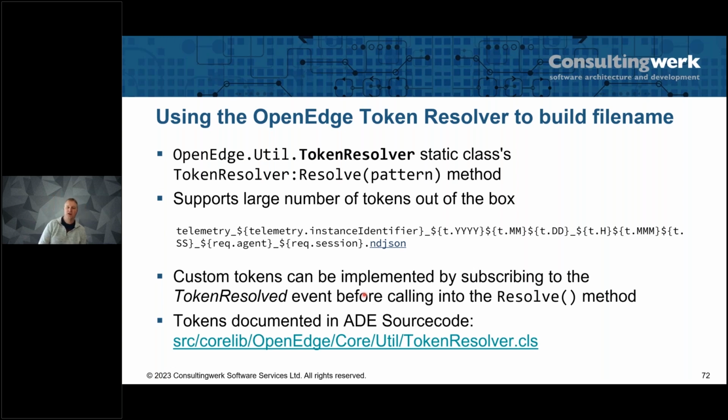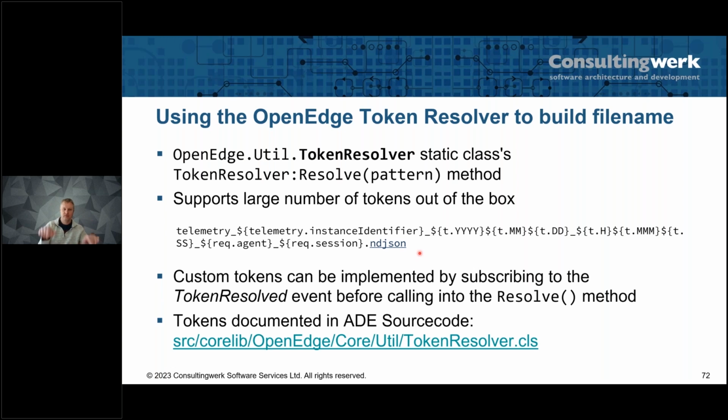The kind of file name, and this is an approach we use. Progress uses this in some of their troubleshooting tools, the HTTP tracing and other places. It tokenizes a file name. So you can guess what this file name is going to look like. It's going to have an identifier, year, month, day, timestamp, the agent ID, the session ID .ndjson. And this uses a class in the OpenEdge core procedure library, the token resolver, which knows how to